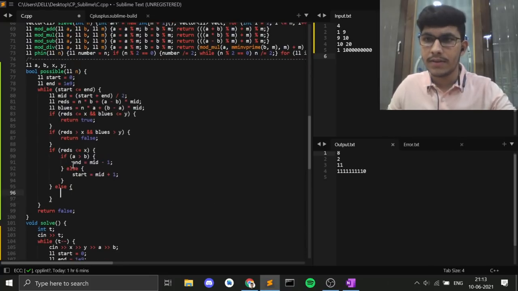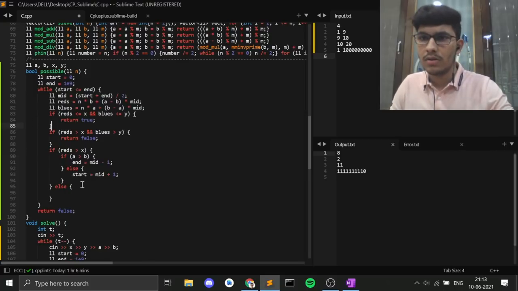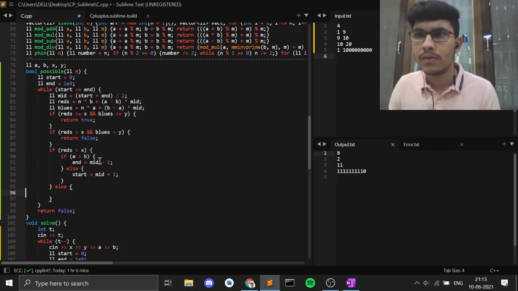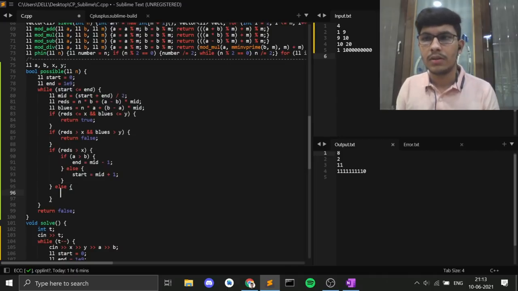If reds is greater than x and a is greater than b, then I need to reduce it. But if a is less than b, then I need to increase it. Else, what do I need to do? Else if a is less than b,